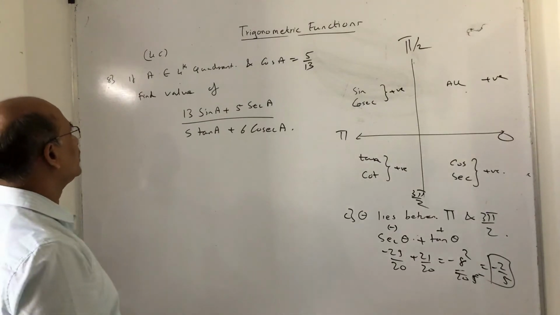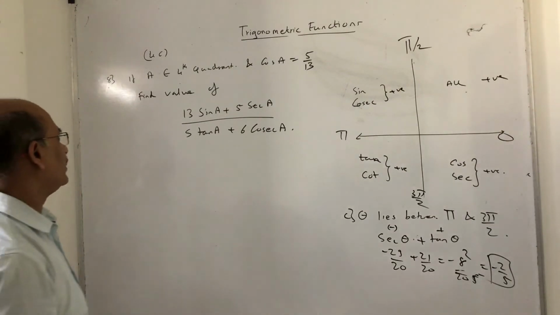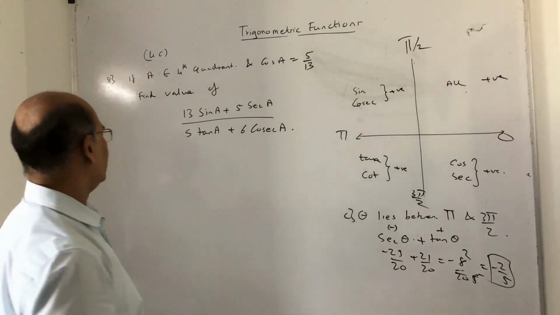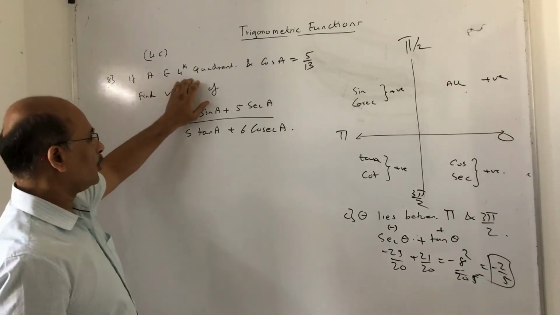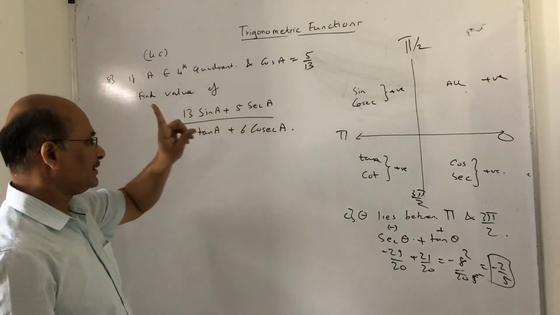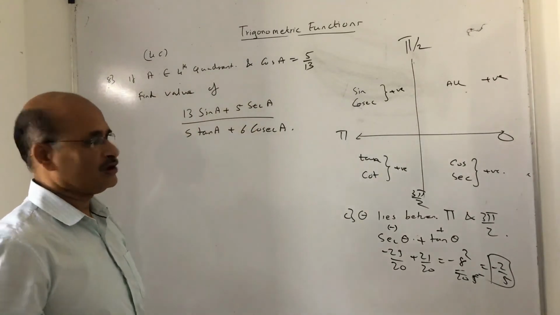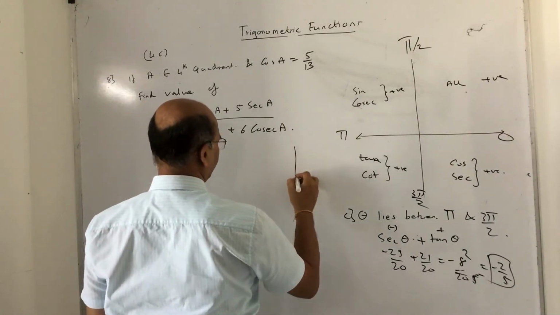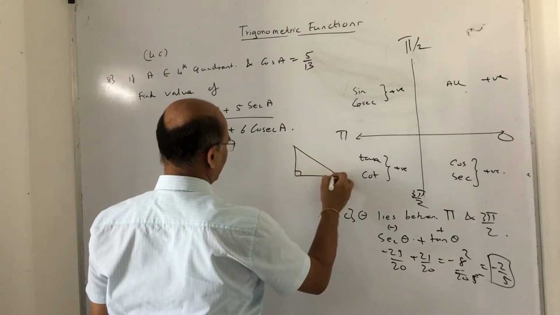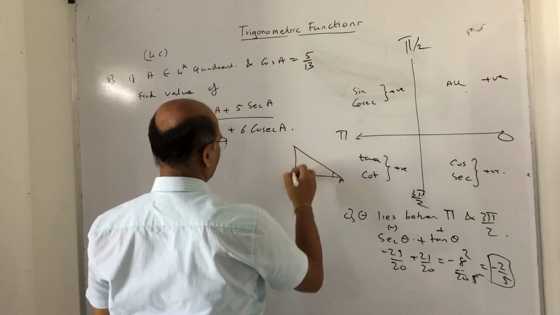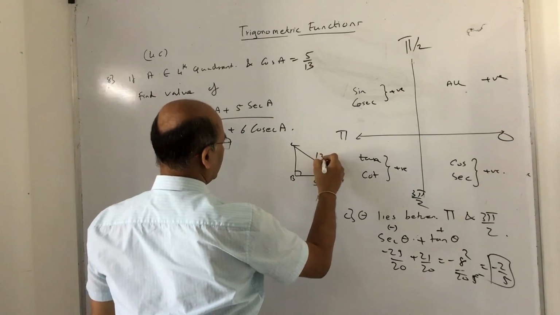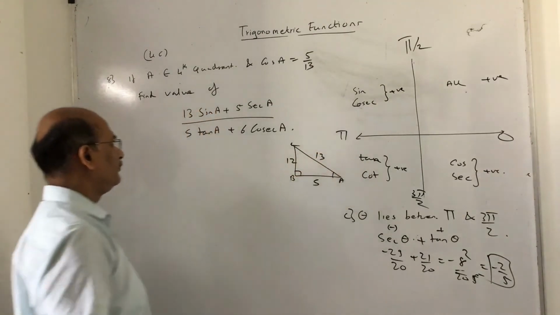Okay children, this question is very similar to the previous one, which is the last part of 4C. What is important is A belongs to the fourth quadrant. They are asking you to find the expression. Before you talk about a question, what I want to do is just draw the right angle triangle. So this you can take as A, this is B, this is C. Cos is 5 by 13 and this is 12.